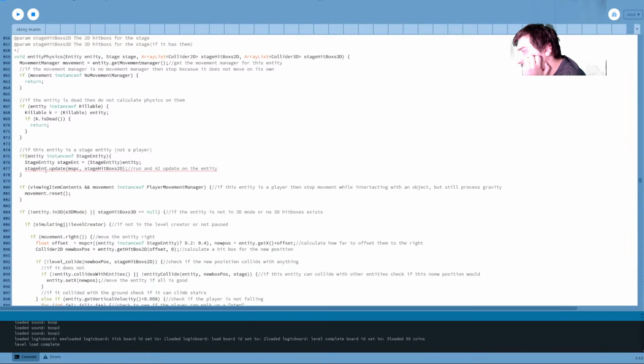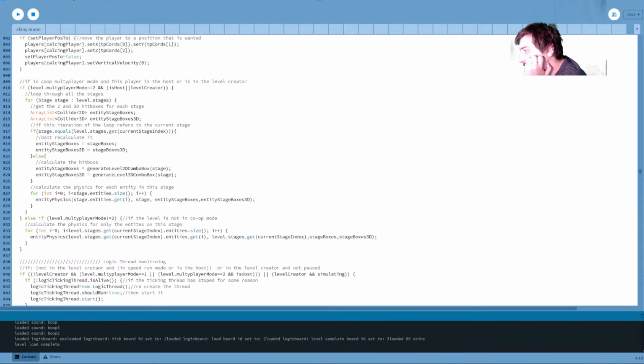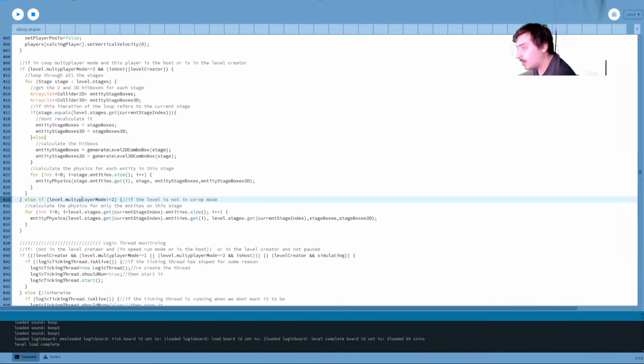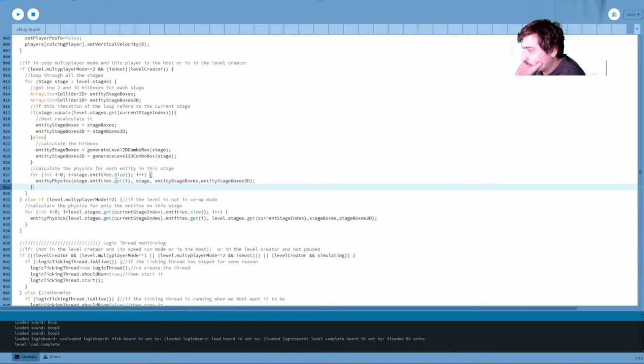Actually, why don't I remove this from the actual physics function, because it's not necessary here. And instead I can do it up here, right before I call these entity physics. The reason I could do this, and what could be very useful in the future, is that I could replace doing it in the for loop here.